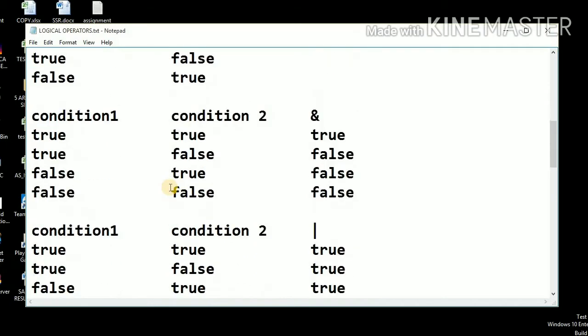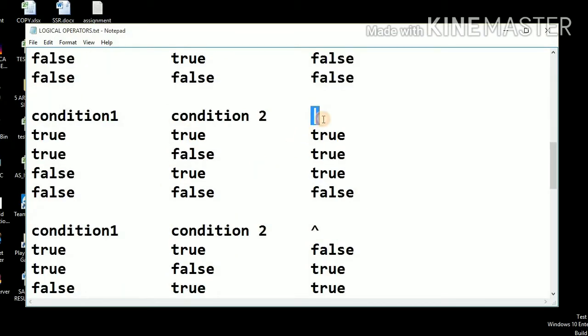So let's see, this AND operator can be operated on two conditions or can also be operated on a single variable as a unary operator. The bitwise AND operator follows the same condition as the logical AND. It gives a true result whenever both the conditions are true. Otherwise, it gives the false result.